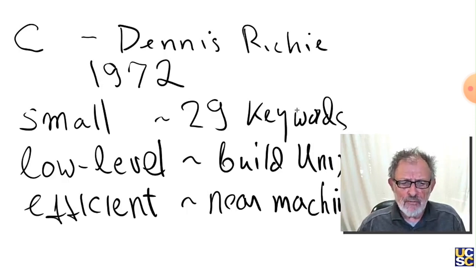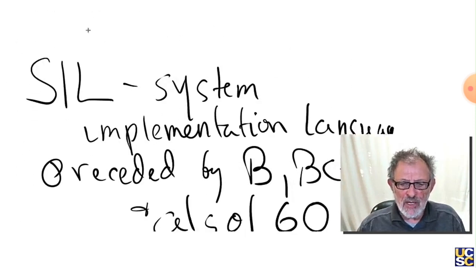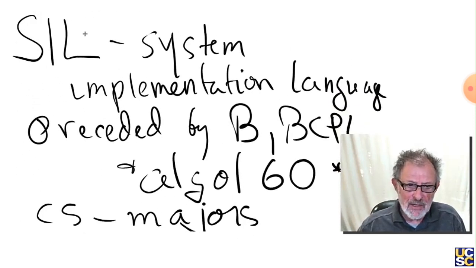We'll talk explicitly about them shortly. It was low level. Low level is used when you need a great deal of efficiency and access to all the machine resources. So its job was to build an operating system, namely the Unix operating system. And that was the joint project of Thompson and Ritchie, where they won the Turing. And then the other thing, it was highly efficient. It was easy to translate from C, sometimes called a portable assembler, into the actual machine code, regardless of what machine you were running on.